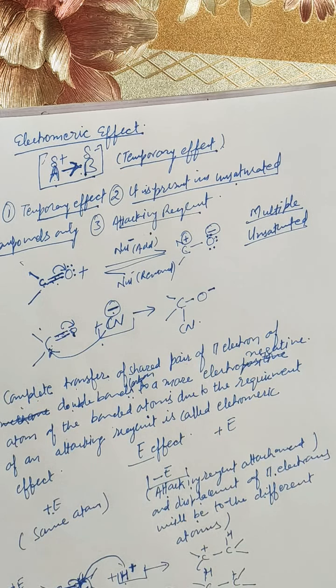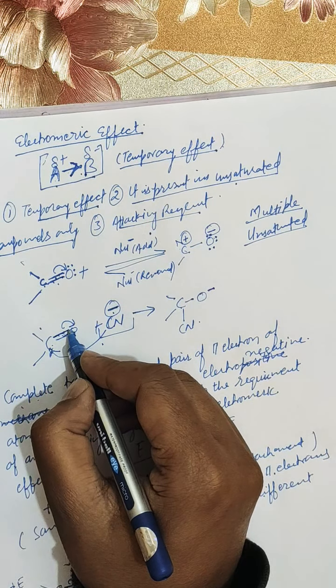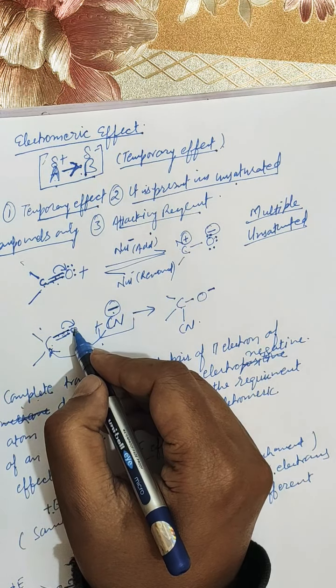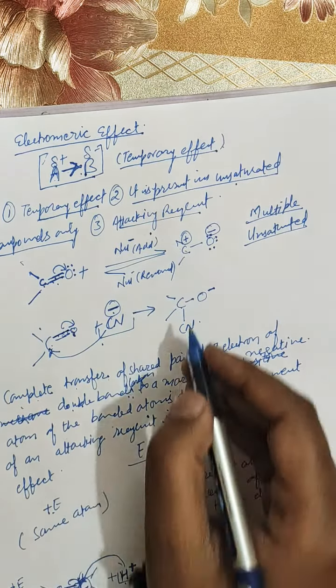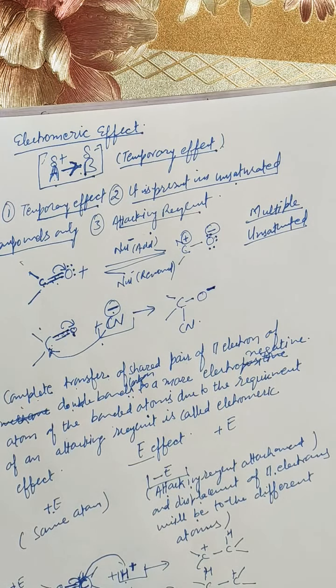In the inductive effect, the displaced electron pair does not leave its molecular orbital, whereas in the electromeric effect, the displaced electrons leave their orbital and take a new position like this. These electrons leave their pi orbital and come onto the oxygen as a lone pair of electrons, which results in the formation of a negative charge on the oxygen. A similar case was seen with the alkene. So these are the differences between the inductive effect and the electromeric effect.